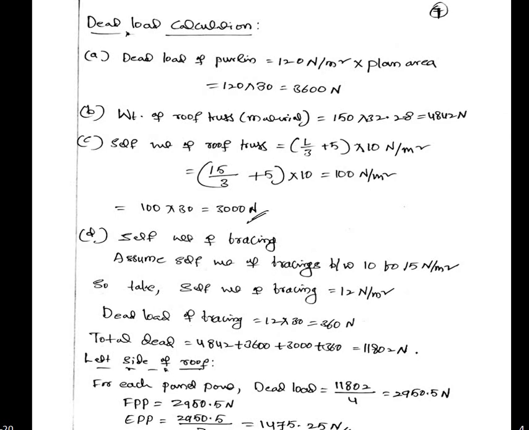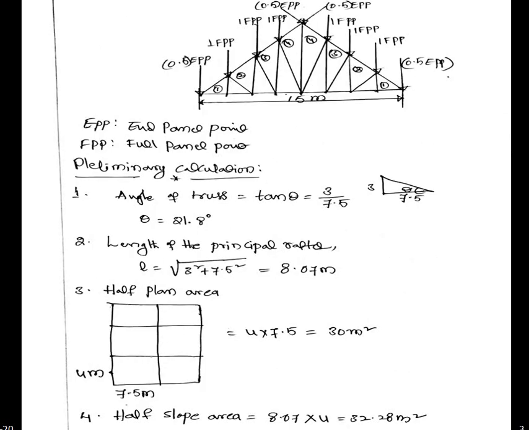So right now our target is to determine loads. Before calculating loads, first of all, you should have a rough idea about your truss based on the data. He has given a truss with 8 panels, and the span of the truss is 15 meters. That's why I drew it like this. Span of truss is 15 meters. 8 panels means this is panel number 1, 2, 3, 4. Again 1, 2, 3, 4. Total 8 panels are there.